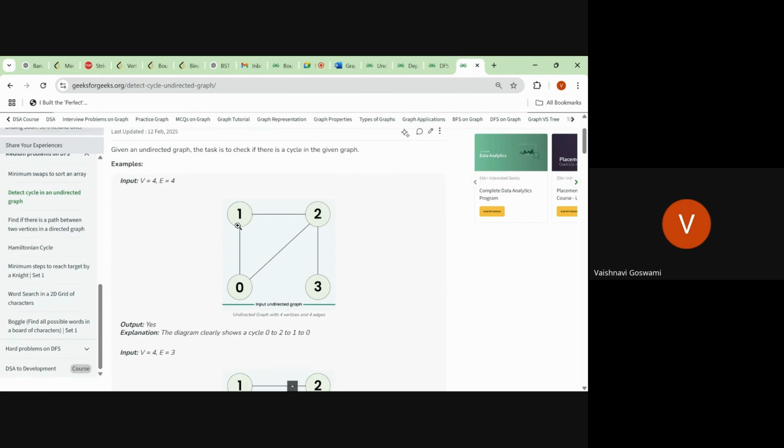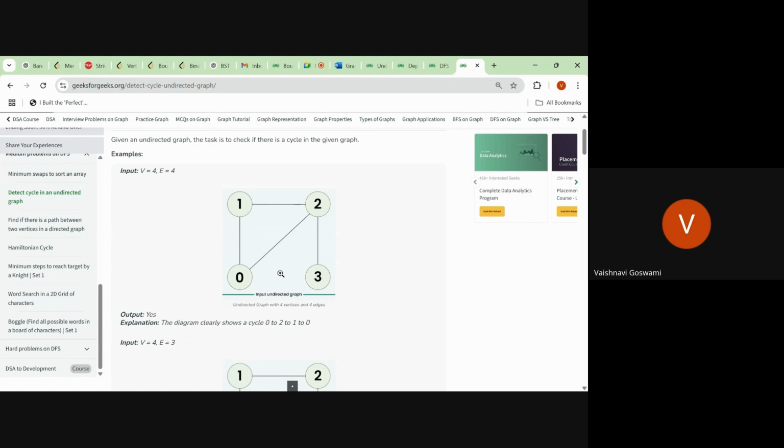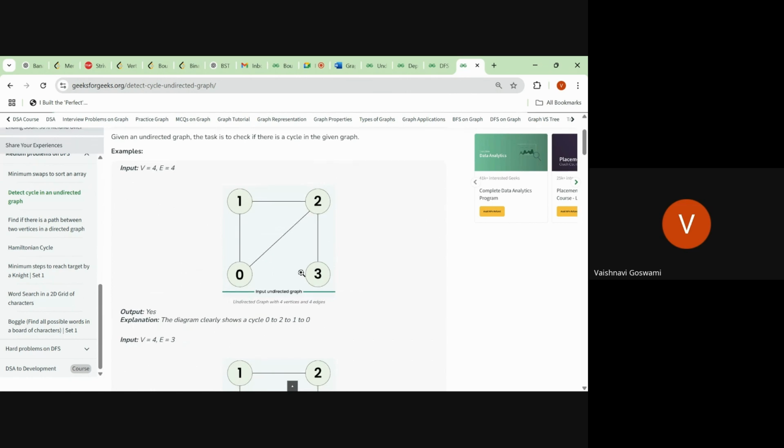So what a cycle means is, you see here, there is a cycle 0 to 1, 1 to 2, and then 2 to 0. You can come back to 0 through any other node. From 1 also you can come to 0, from 2 also you can come to 0, from 3 can you come to 0? Yes, you can come. But cycle means there is a loop present inside it, a never ending loop type. We will see how to know whether a loop is present inside or not.